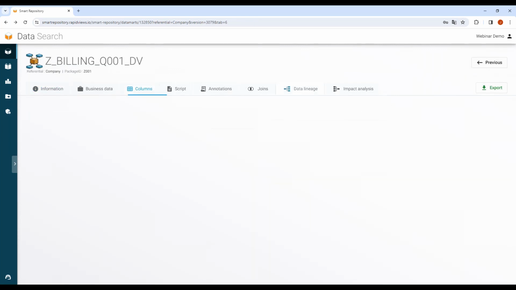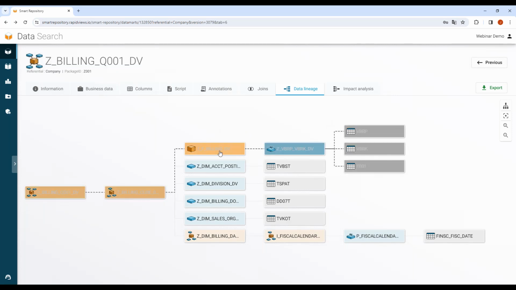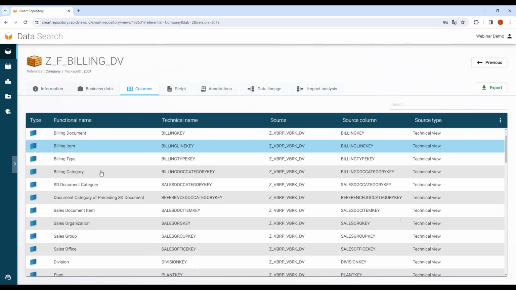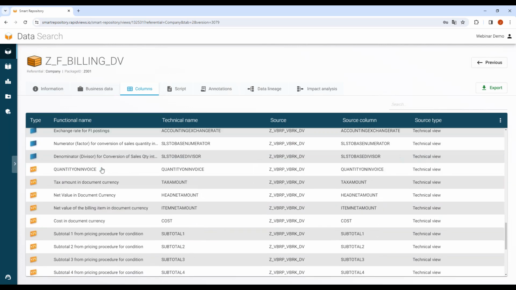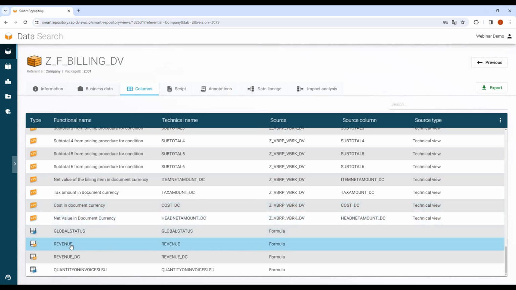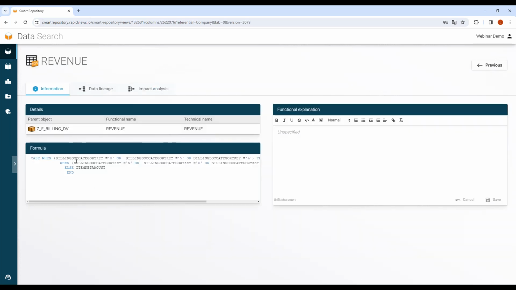If I go to my data lineage, if I decide to see the billing DB view, I can open this view. I can directly, by the data lineage, open any object. If I decide to see exactly the detail of one view, I can click on the view and have access to all the columns of the view. In this example, we have more objects. In this example, we have KPI. And in this KPI, I have formula, KPI calculated. I can directly click on this KPI to show the formula used in the view. In the billing DB view, I have one calculated KPI, and the repository shows me the formula for this KPI.